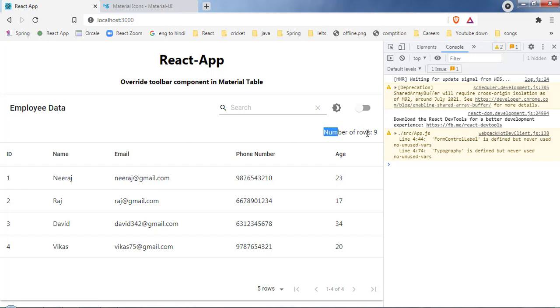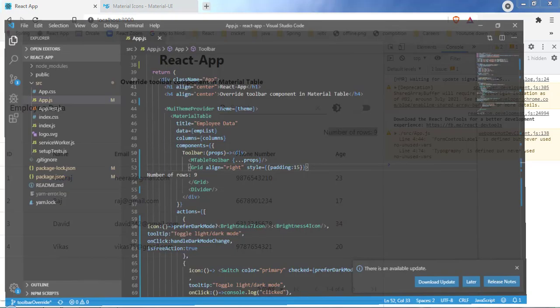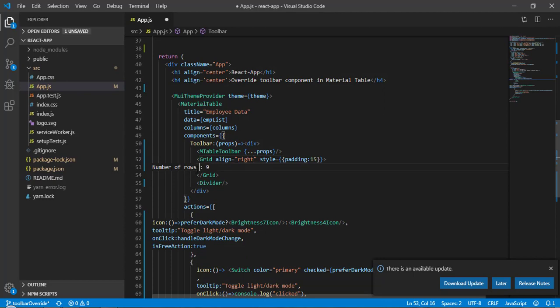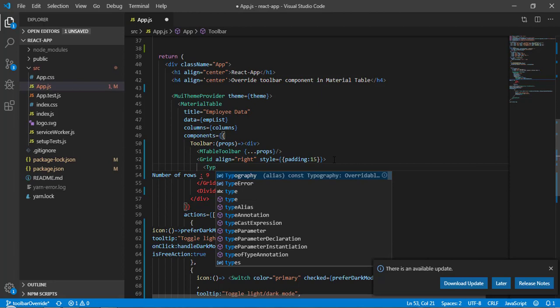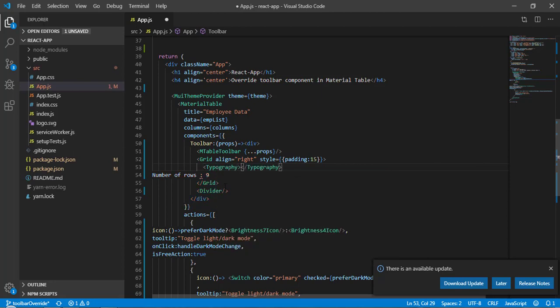It's not looking good, so let's wrap it in a Typography. Let's come back here and import Typography from Material UI. Whatever text we have, let's pass it inside.